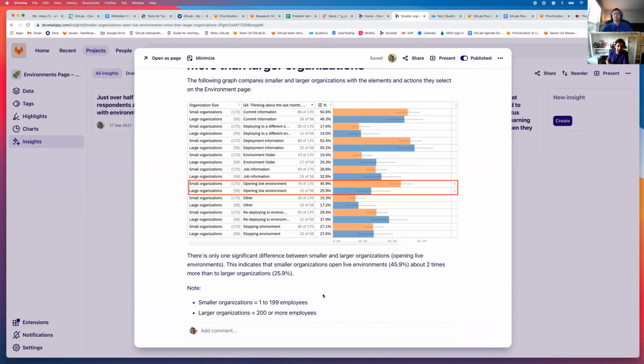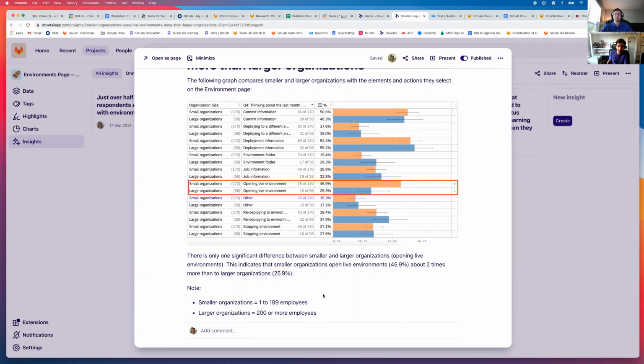Yeah, it was interesting to see that the statistical difference was only in this instance, in this piece of information. I expected to see more of a difference in behaviors between larger organizations and smaller organizations. Maybe there is, but our sample size wasn't that large, so it wasn't so significant. But in any case, it is interesting to see this difference, because essentially smaller organizations usually have a simpler deployment